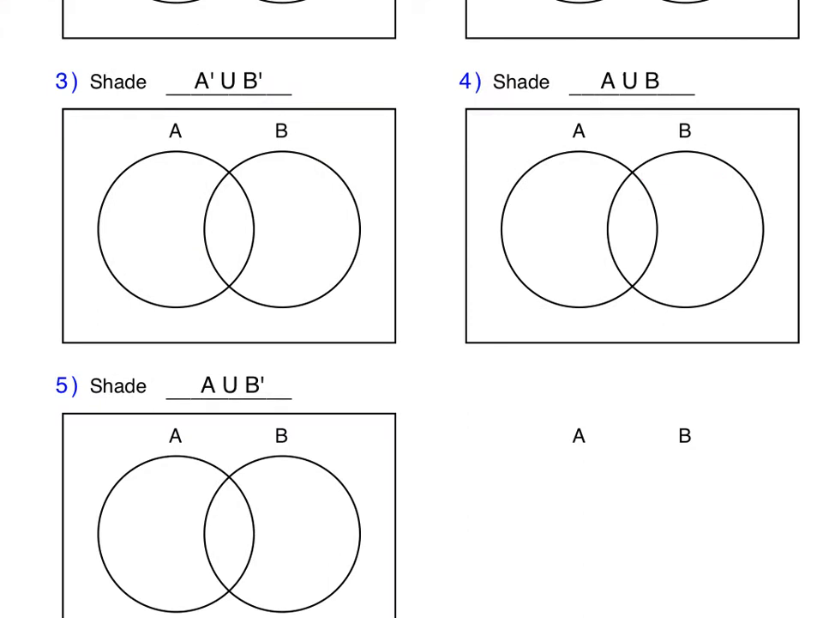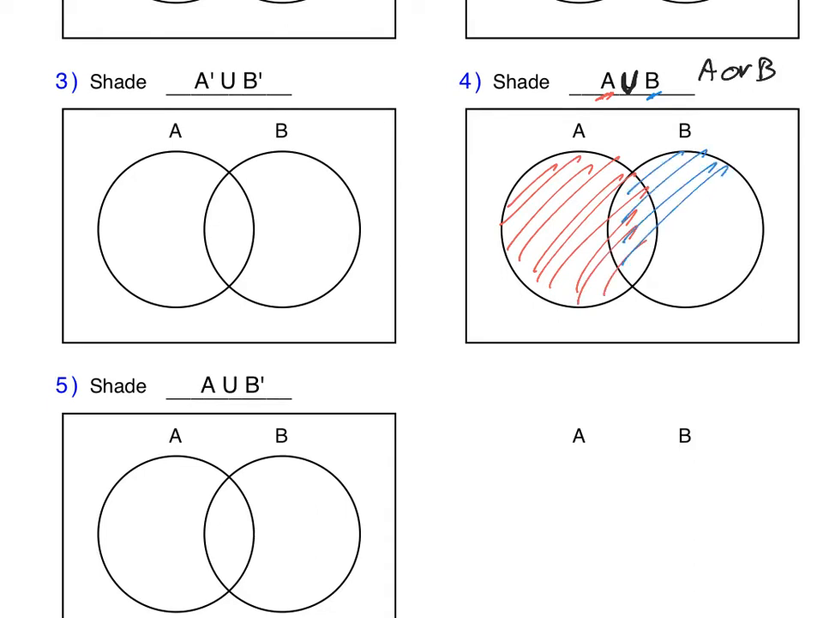This time we're looking at OR, the union operator. So this is A or B. If you recall, the strategy was to shade what's in the first set, shade what's in the second set, and our solution will be everything that was shaded. So if I shade set A, this is what I get on the left. If I shade set B,